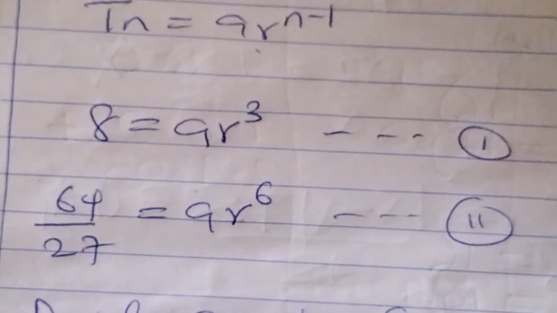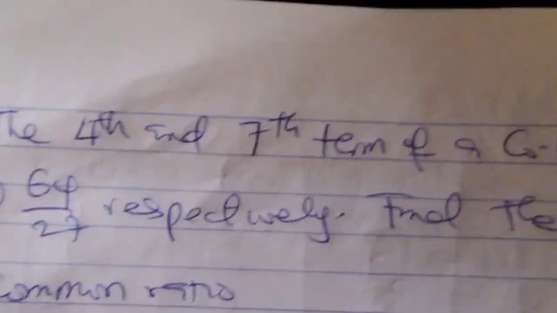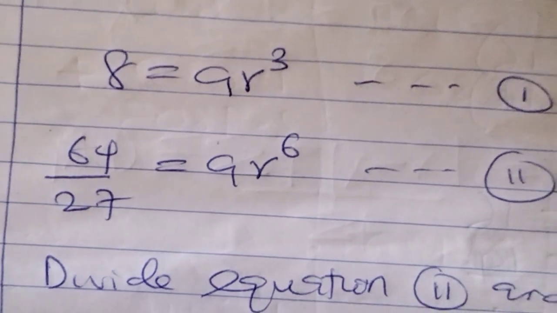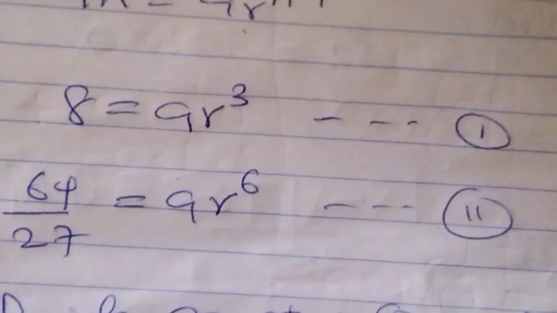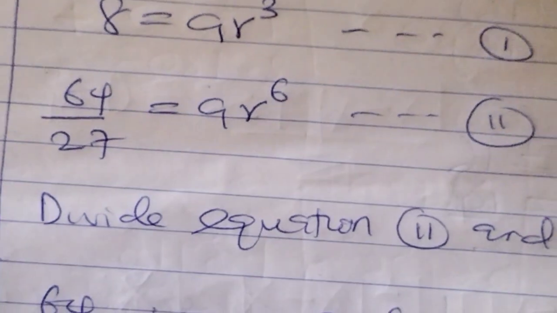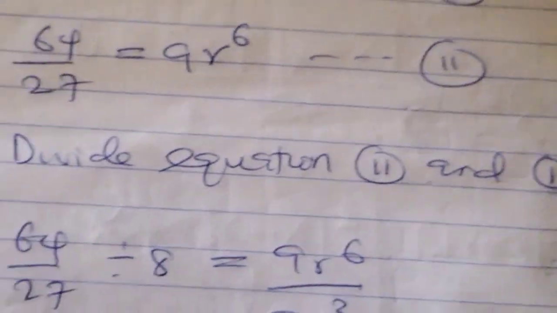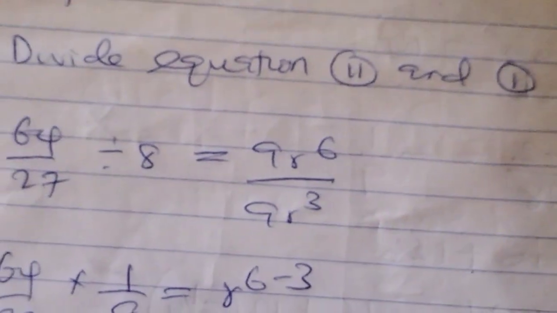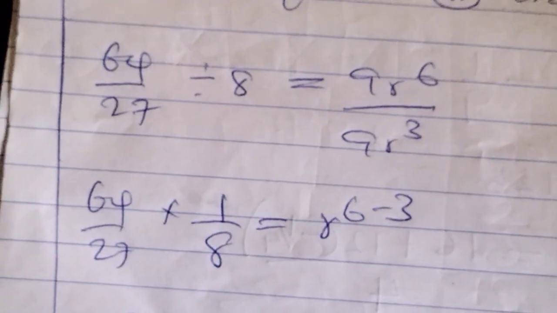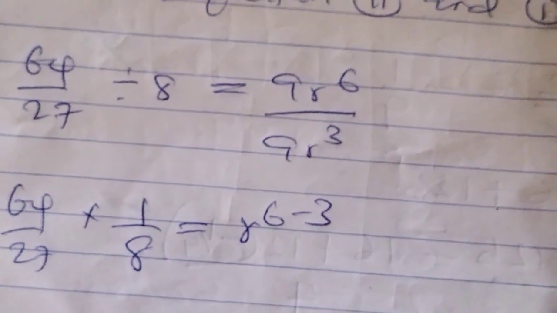Then for the seventh term, since we are given the fourth and seventh terms, we have 64 over 27 equal to a times r raised to power 6. That 6 is 7 minus 1, that gives us 6. These are equations 1 and 2. So divide equation 2 by equation 1. We now have 64 over 27 divided by 8 equal to a r raised to power 6 divided by a r raised to power 3. So when we solve, we have 64 over 27 times 1 over 8 equal to, a cancels